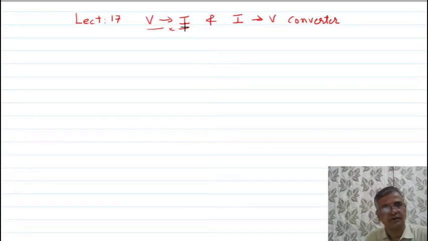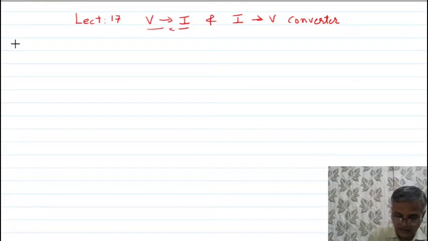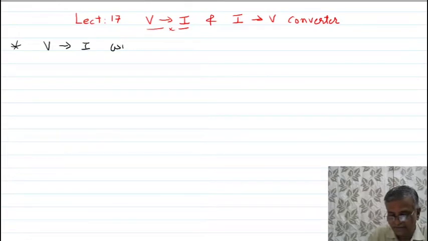In most power amplifiers, the last stage is a voltage to current converter because power is proportional to the square of the current. It is also used as a Zener test current. In the last lecture we showed that IL is proportional to the input voltage VI, and this load current IL does not depend upon ZL. So today we will see another circuit, called the voltage to current converter with grounded load.